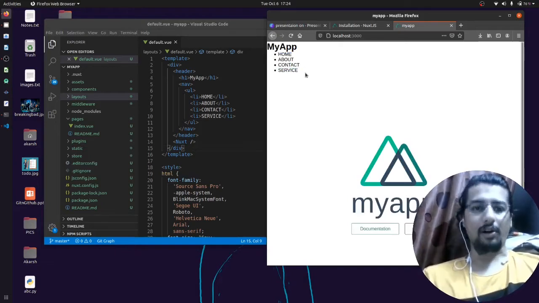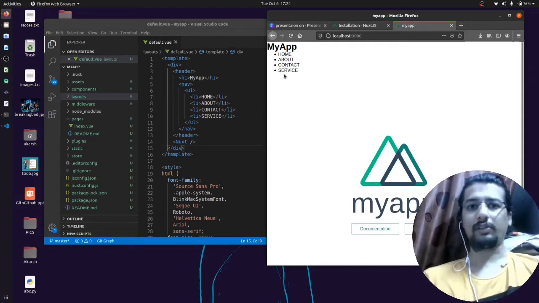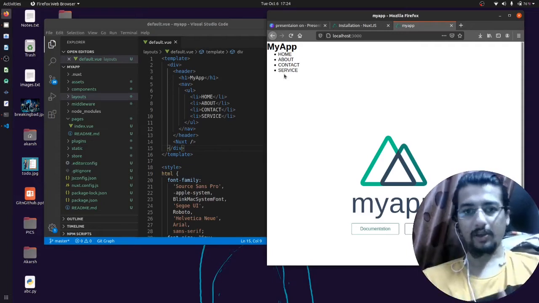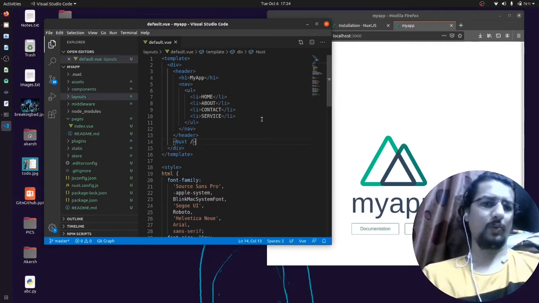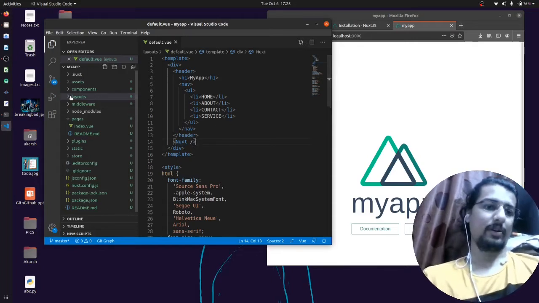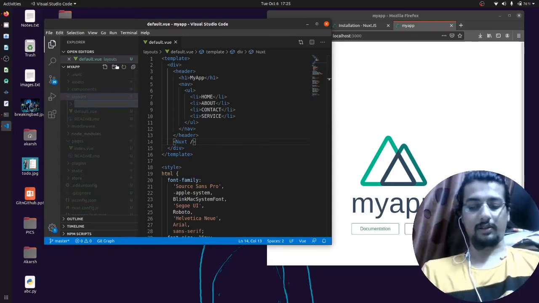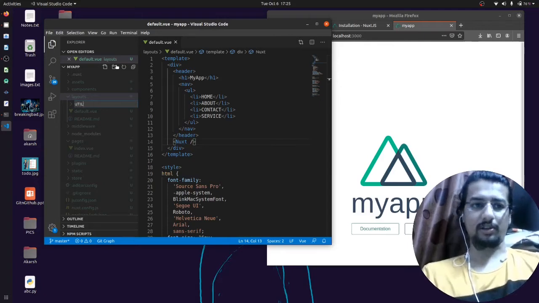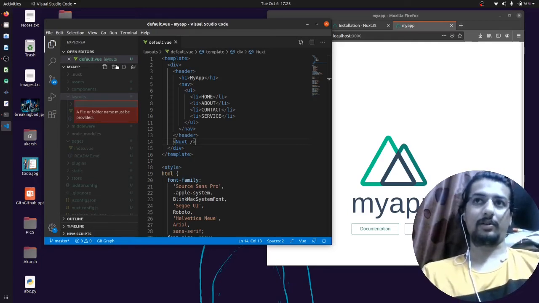Okay, and now what we want to do, we want to give them a linking part. Okay, so firstly what we are going to learn is how we can use routing. Okay, so let's not do it this way. Okay, we have a layout. So what we will do is create a folder, like utils. No, this is not utility. We will name that navigation.